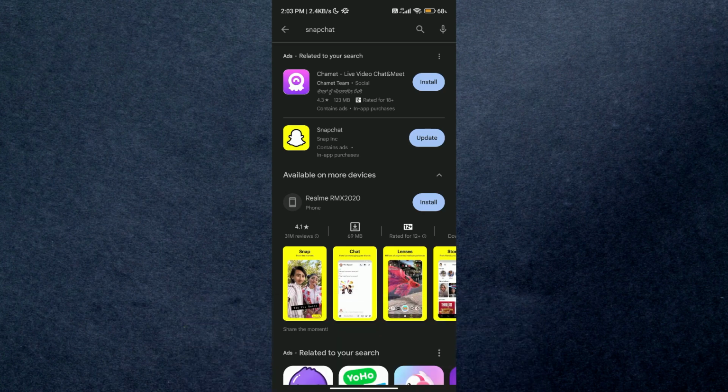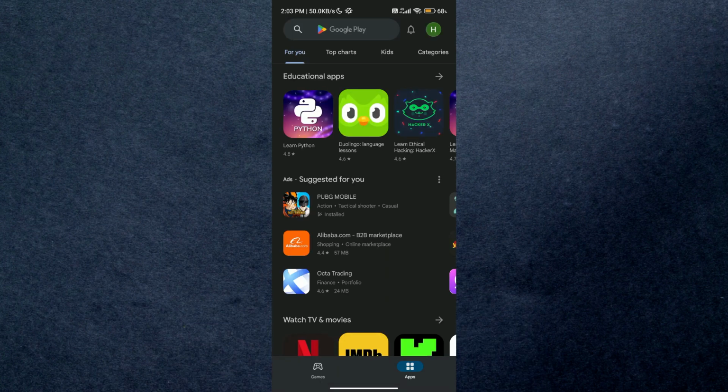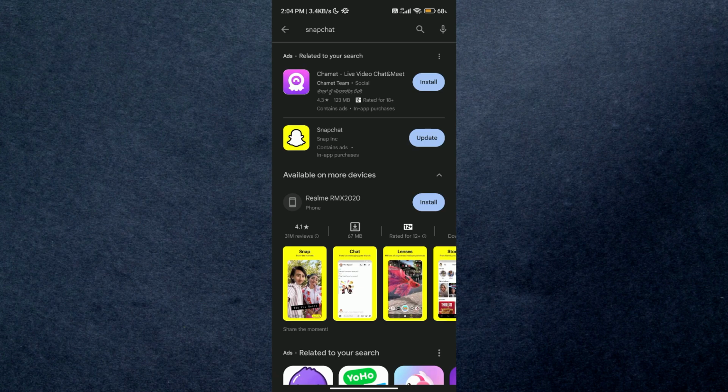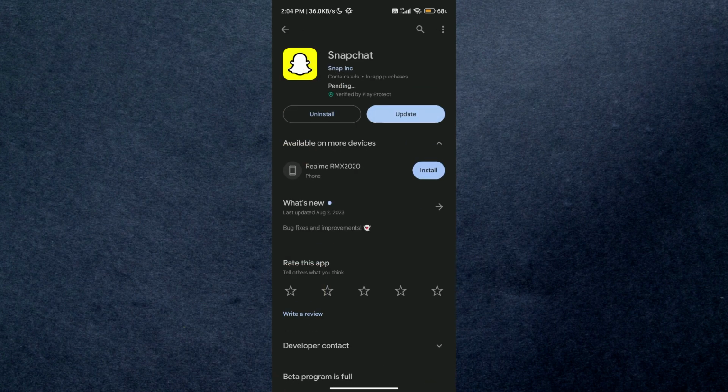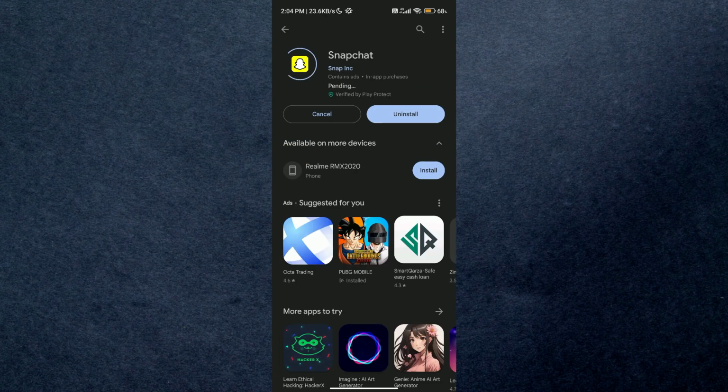Alright guys, so first of all, open up your Play Store or App Store and simply update your Snapchat. After updating, see if the app is working fine, and if the problem persists, then open up your Snapchat settings